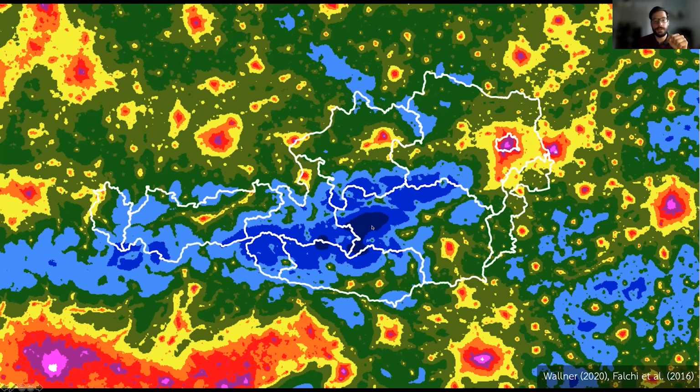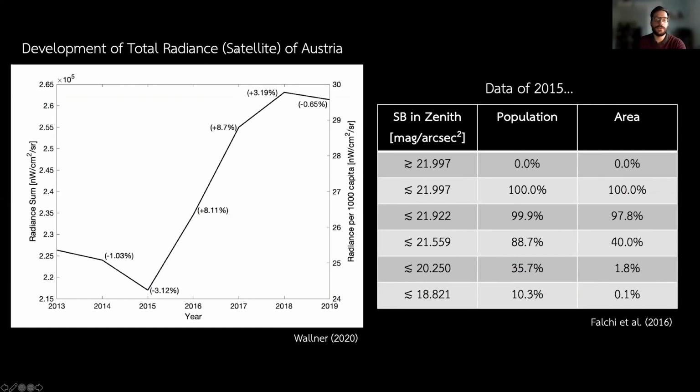And this is also something that has to be said, that here we can even see locations, which is very, very rare or even unable to find in Europe, with areas which are not polluted by light pollution. We see that the radiance, this is also something I want to go through very quickly, which is measured by a satellite, for example, over Austria, that the total radiance is increasing in Austria. We're still waiting for the value of 2020, that we can see maybe some lighting conversions could affect this value to become better, but in fact, the amount of light seems to be steeply increasing.